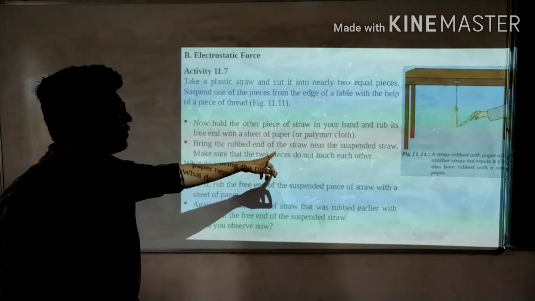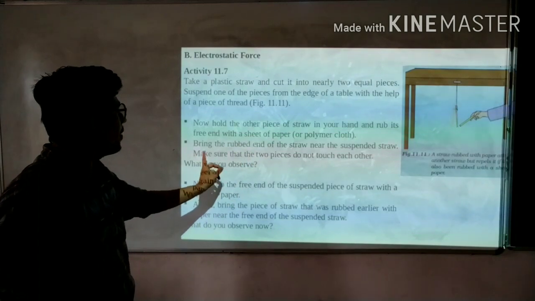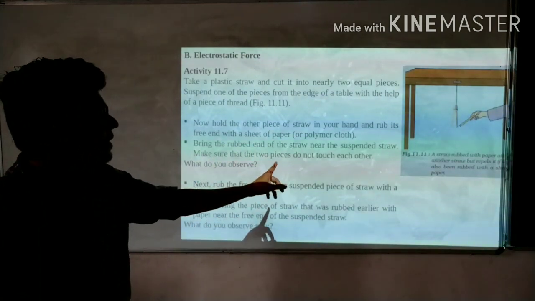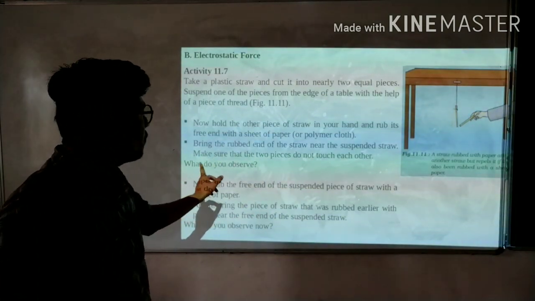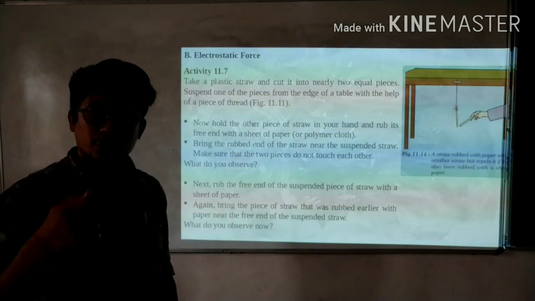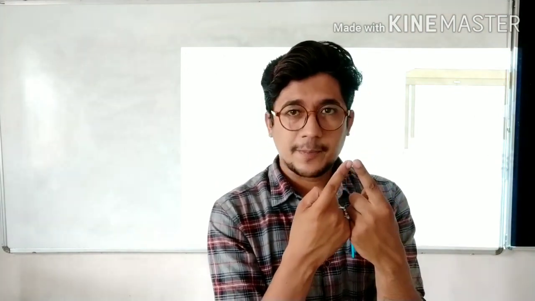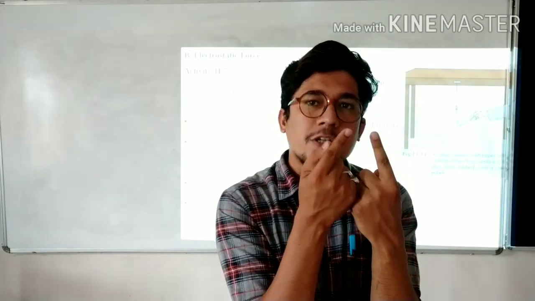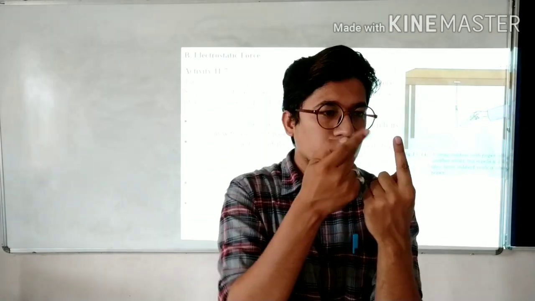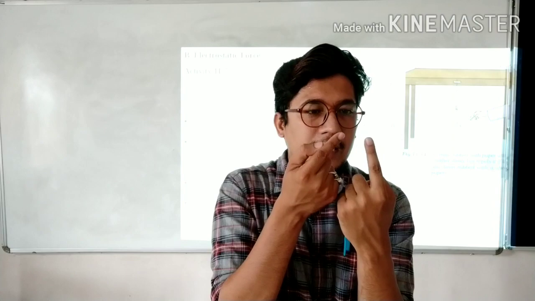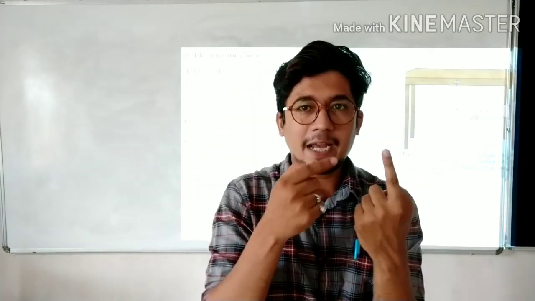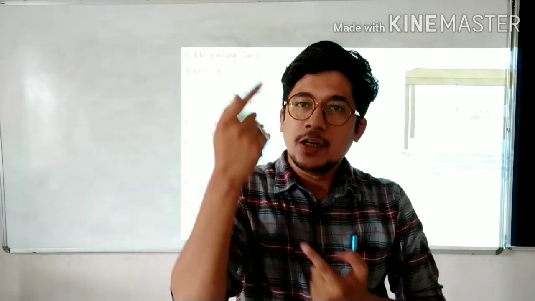Bring the rubbed end of the straw near the suspended straw. Make sure that the 2 pieces do not touch each other. What do you observe? You have to take that straw as close as possible. You don't have to touch it. If you touch it, it won't work. You have to get it closer. So when you are taking one straw closer to the other straw, you will feel that the straw which has been hanged is coming closer to the straw which is in your hand. So there is